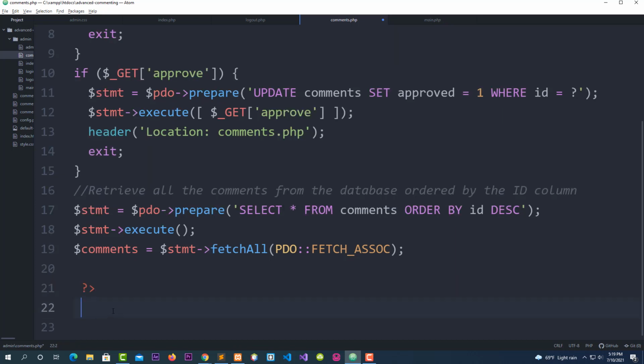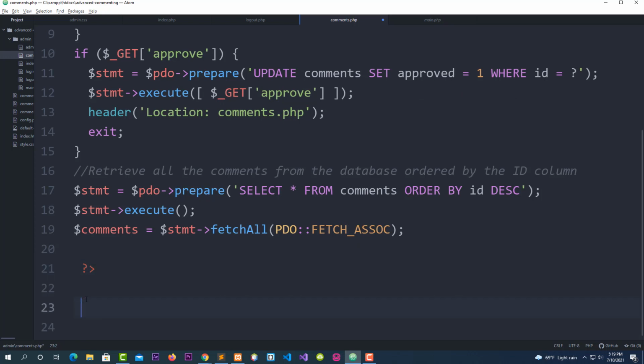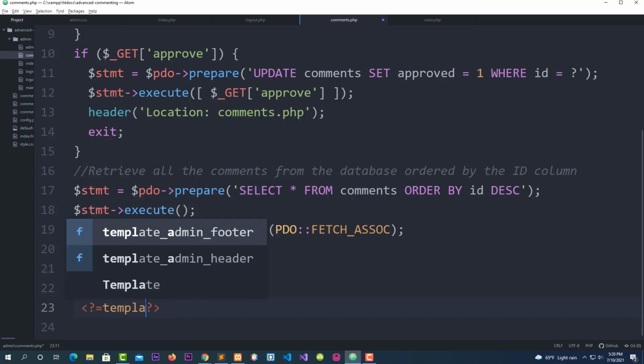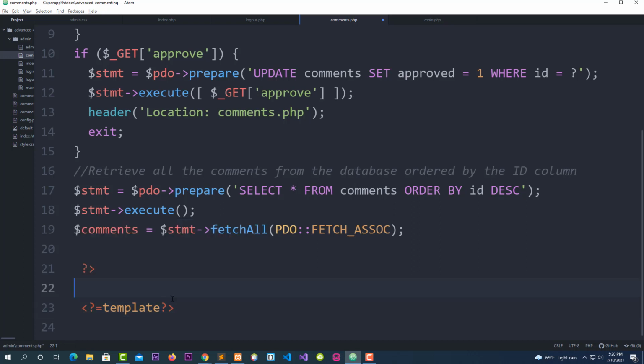Go to the next line after the closing PHP here, and I want you to put a shortcut PHP like this. Opening, and here's the closing. Go after the equal sign, and this is where I'm going to add my template header, because we're done for the header part. Let me cut this and go to file